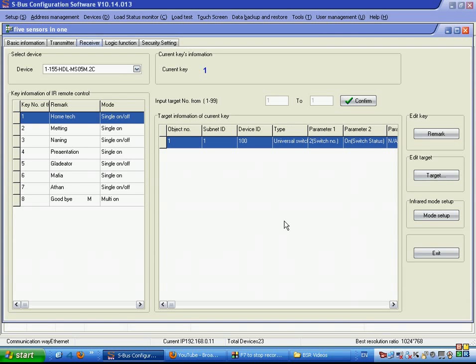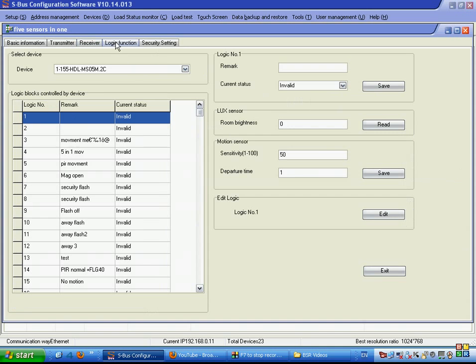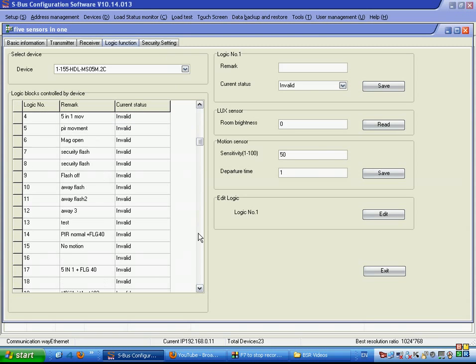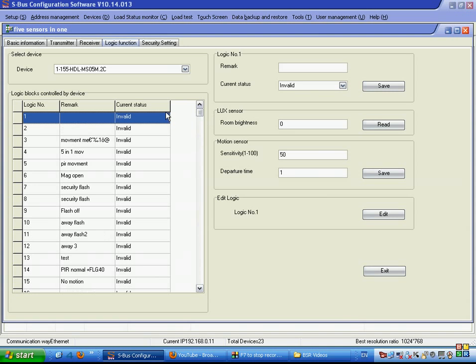Now we will talk about the 8-in-1 sensor logic function. We go to the logic function in this tab, and we will see that we have 32 logic. Each logic we can program differently from the others. Here we can also read the room brightness, and here we can adjust the motion sensor sensitivity from 0 to 100,